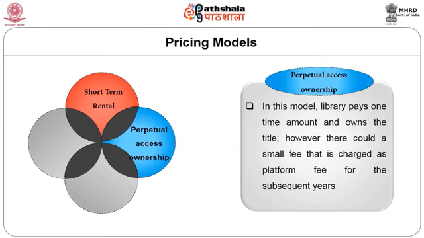Ebooks are also available on a perpetual access and ownership model. In this model, the library pays a one-time amount and owns the title. However, there could be a small fee charged as a platform fee for the subsequent years. Aggregators always sell ebooks on a subscription basis. Once the subscription is terminated, access to ebooks is also terminated and the library loses the content at the expiration of